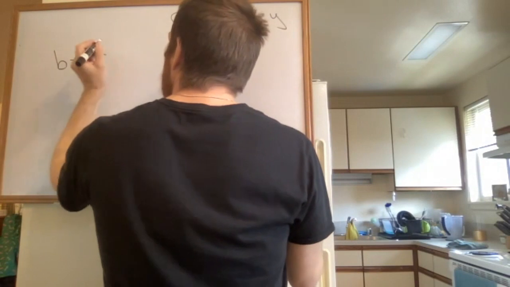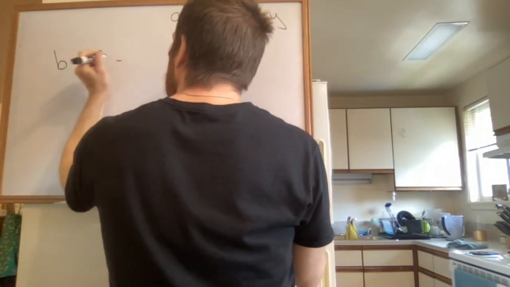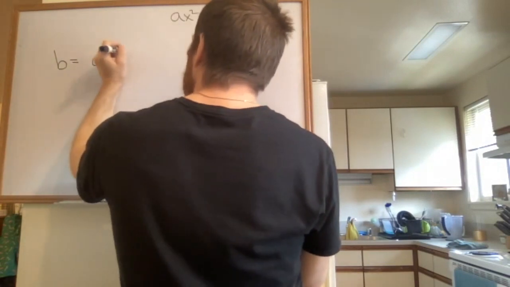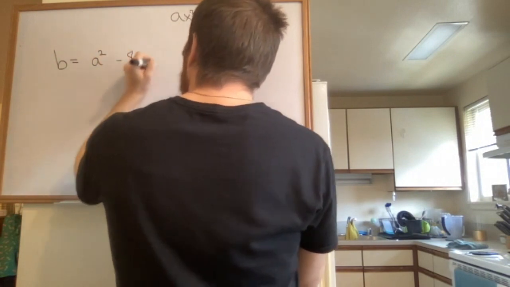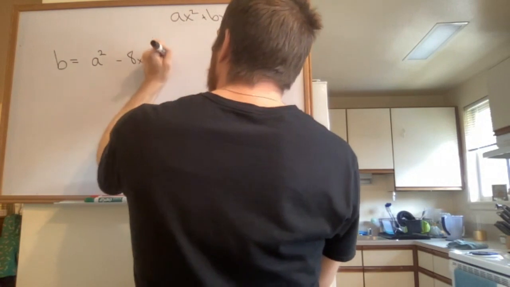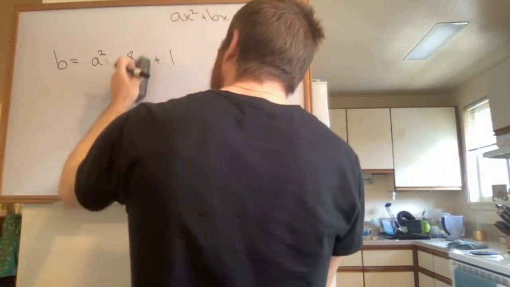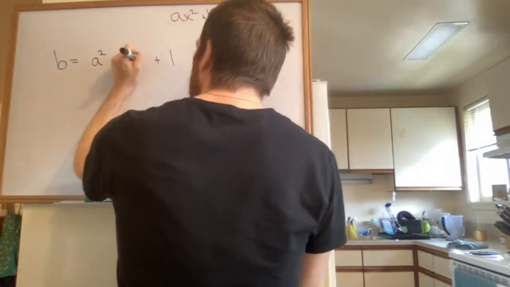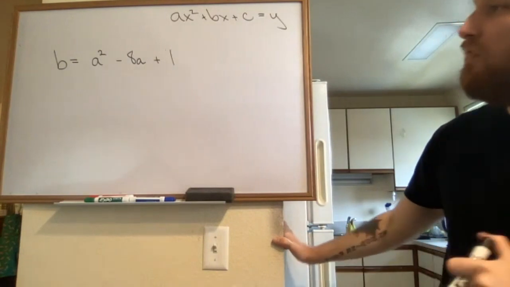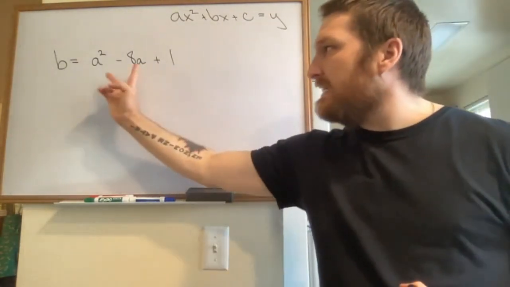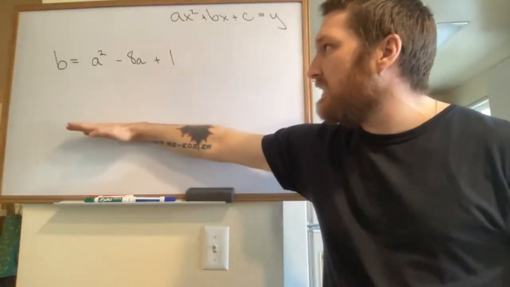I didn't write this down. We're going to go minus, let's go 8x plus 1 right there. No, 8x, get out of here, man. 8a, okay. Now, that's a parabola, and we could think about the a's as being my x-axis, and we could